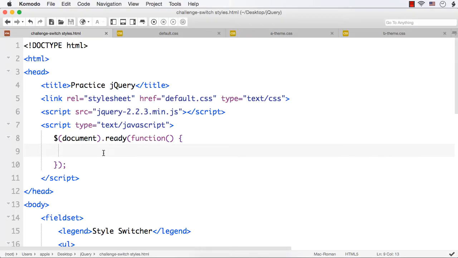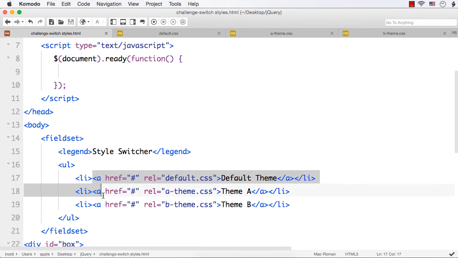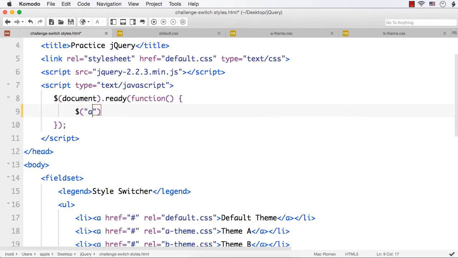We can directly select it using A because there are only these 3 A elements in our web page. If your web page already contains other A elements, you need to select them like UL, LI, A. In our case, we have only these 3 A elements. Okay. So I'm going to select the A element using the tag name selector. So $('a') will select this A element.